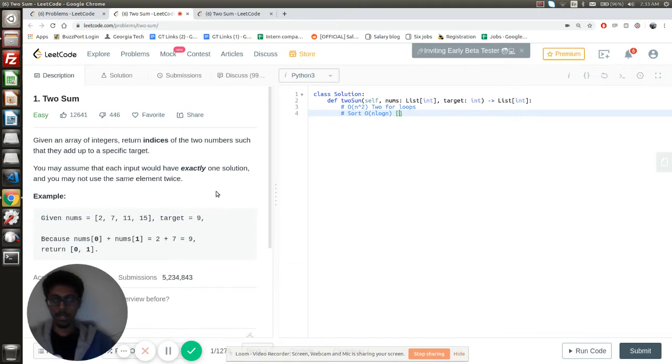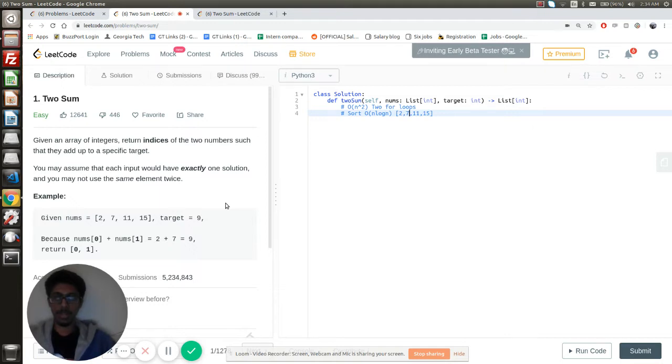Once you have the sorted array, let's say something like 2, 7, 11, 15, you can use a two pointer method where you start the first pointer at 2 and the second pointer at 15 and look at the sum. The sum is 17, right? If the sum is higher than the target, which is 9, then we decrement the right pointer. Now it points to 11. 11 plus 2 is 13. Still it's higher, so we decrement it and we reach 7. 7 plus 2 is 9, and hence we have reached the target.